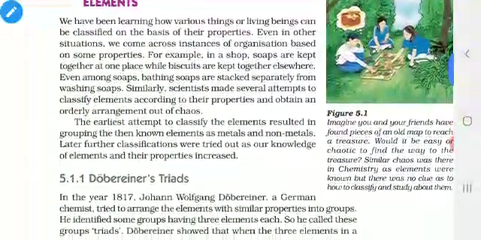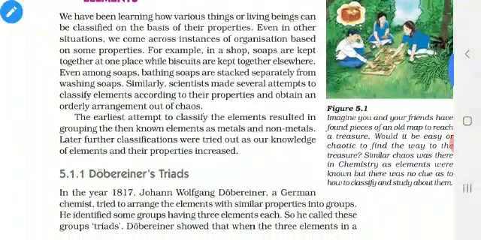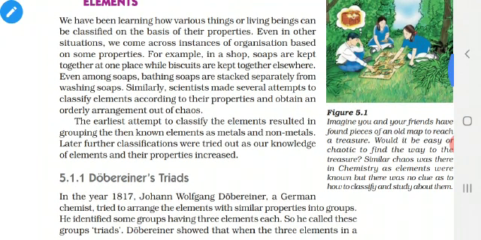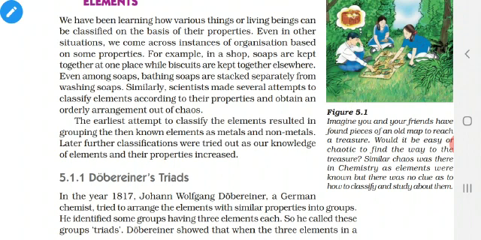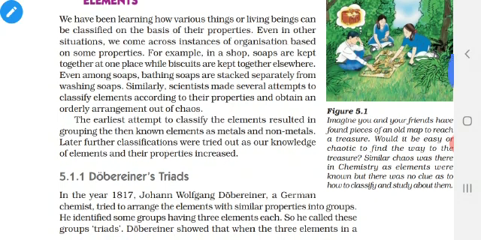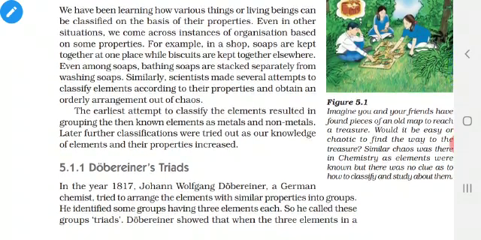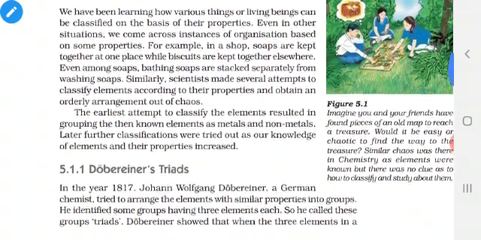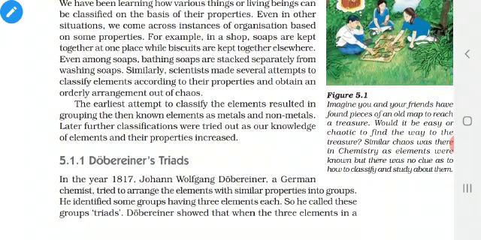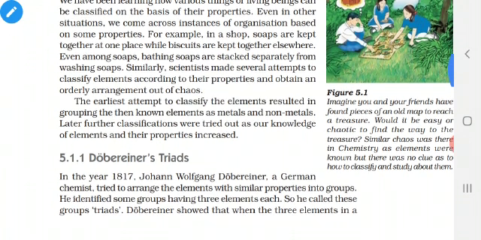Some example is given in the book. Go to a shop. What will the shopkeeper do? In the shop you will have a variety of things, isn't it? You go to the grocery shop. They will have some soap items, some biscuit items, then rice, then pulses, then masala items, everything. So will they mix all together? No, they will keep them separately. Biscuits will be kept in one place, rice in one place, and pulses in one place.